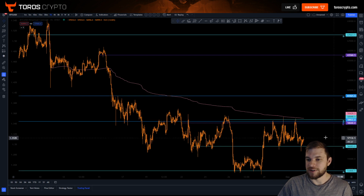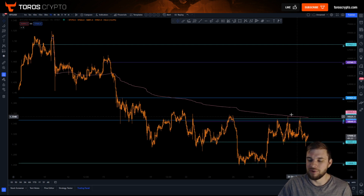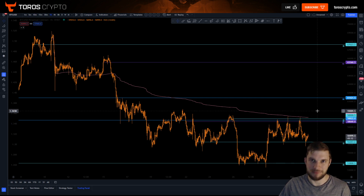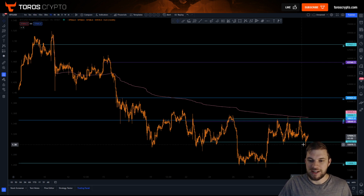I'm continuing just to trade this range. If we do come back up into this area, I will still take profit on it. Scalp shorts for me at the moment is my kind of play, and mainly just getting into longs, taking profit and just getting paid that way. So again, nice opportunity here just to catch this long at the low,